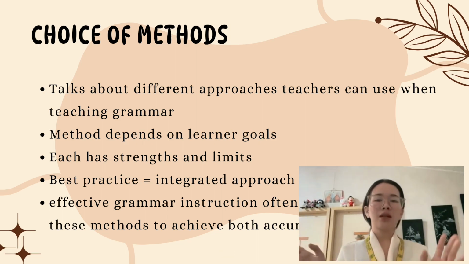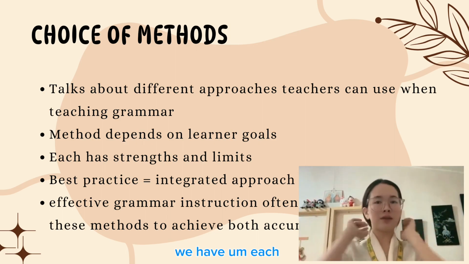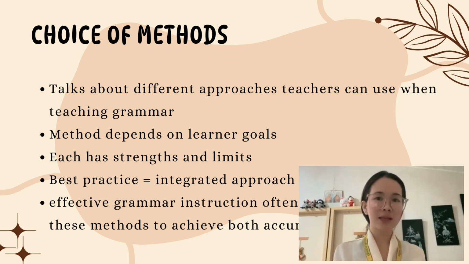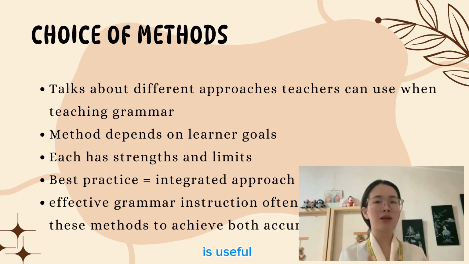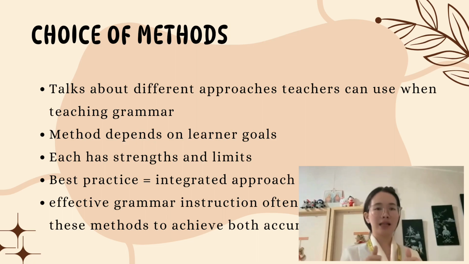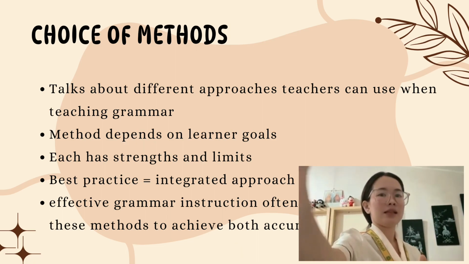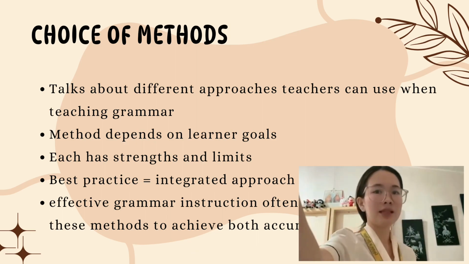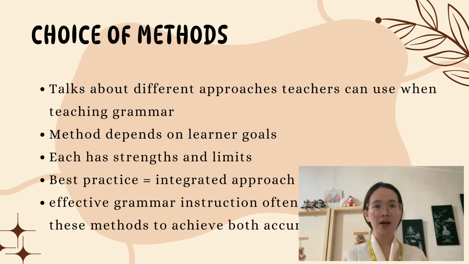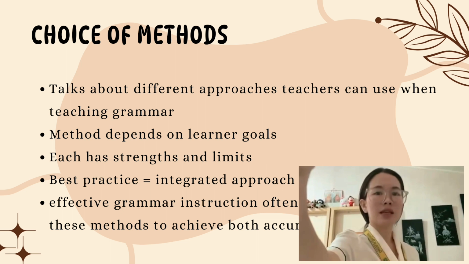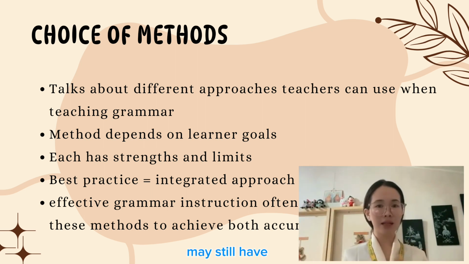So, the next one, the third one, is each has strengths and limits. So each method is useful but also has weaknesses. Memorizing rules helps accuracy, like in the sentence, she studied hard. On the other hand, speaking practice builds fluency, like he went to the park, but students may still have